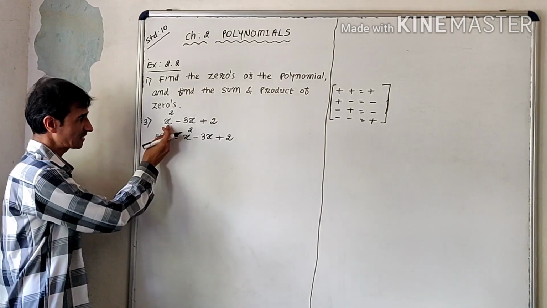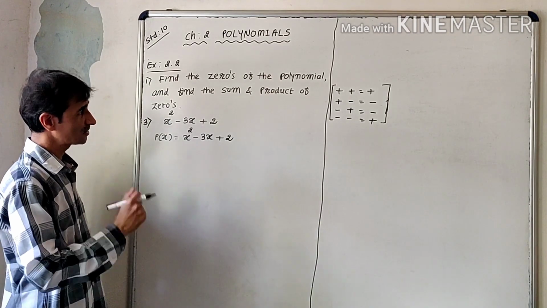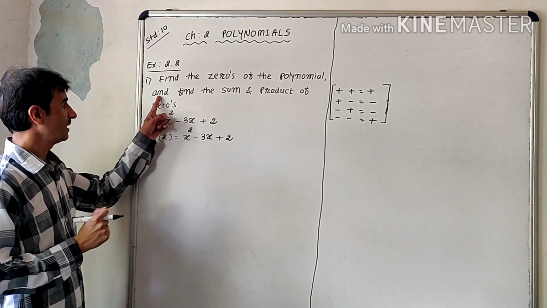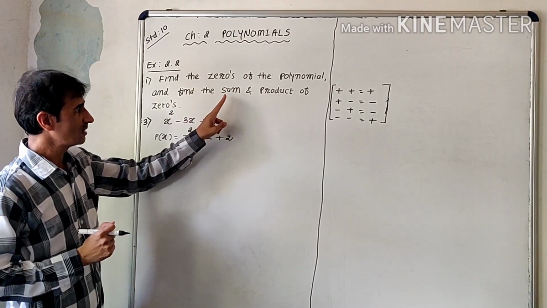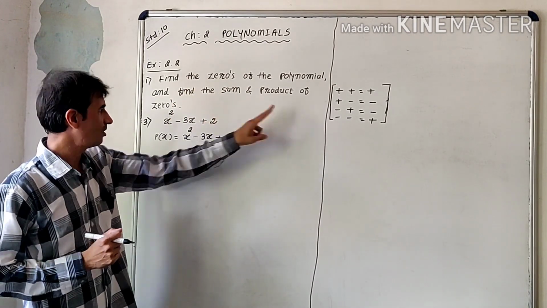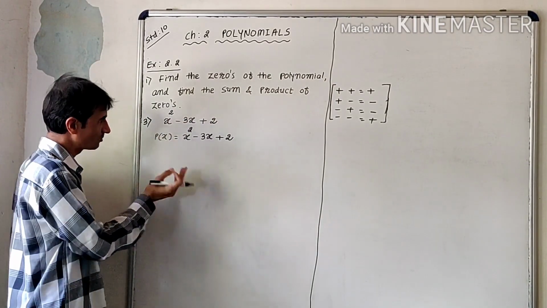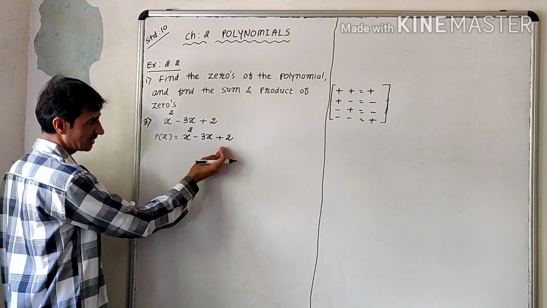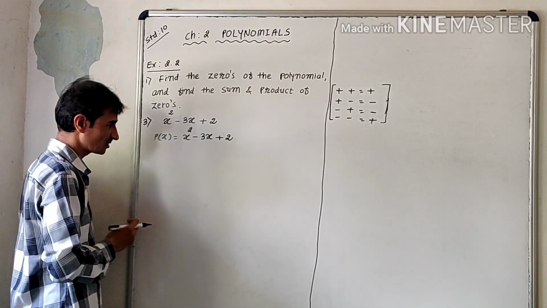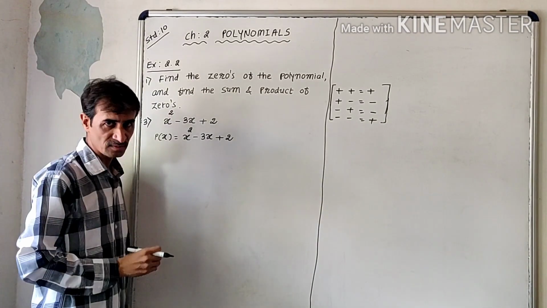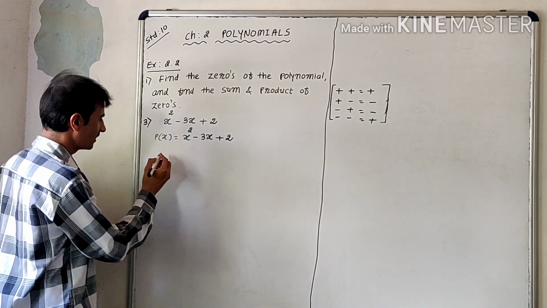Now, again x square minus 3x plus 2, and now here some addition will be there. And again, find the zeros, and now I want to find the sum and the product of the zeros. So first of all, I want to find the zeros, then I should go ahead. Again, are there 3 terms? Yes. First and last term positive? Yes. First term square root possible? Yes. Last term square root possible? No. That means we are going to solve this sum by the coefficient method.